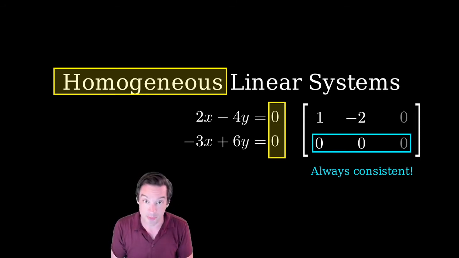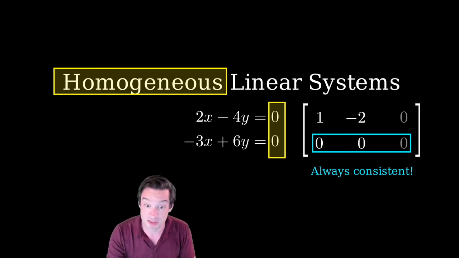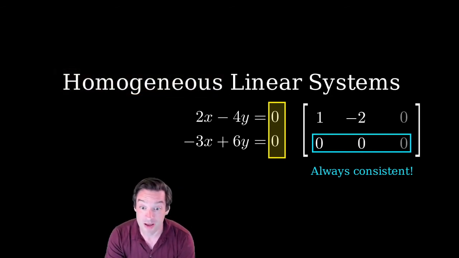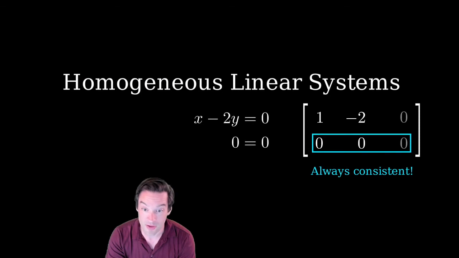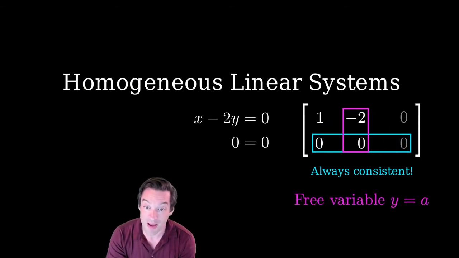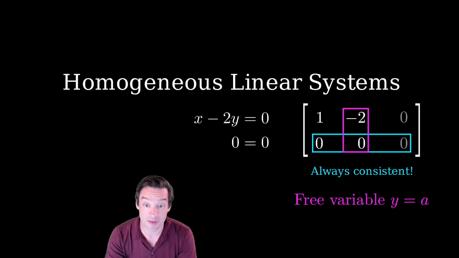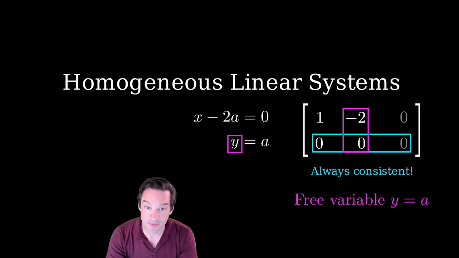In this particular example, there happens to be more than one solution, because not only is it consistent, which every homogeneous linear system is, but we also have a free variable, that non-pivot column, minus 2, 0 sitting in there. That's telling me that I have a variable here whose value is not being bound to the values of other things, whose value I can choose freely, as any real number that I like. And since it's the second column, we're going to take that to be the variable y. So if I set y equal to an undetermined parameter a, and then solve for x in terms of that parameter a,